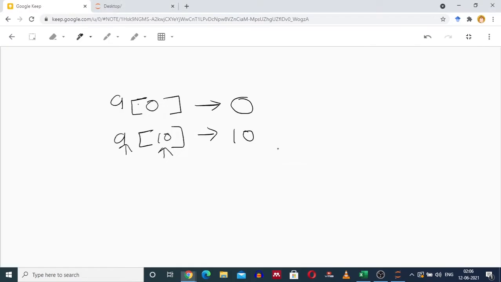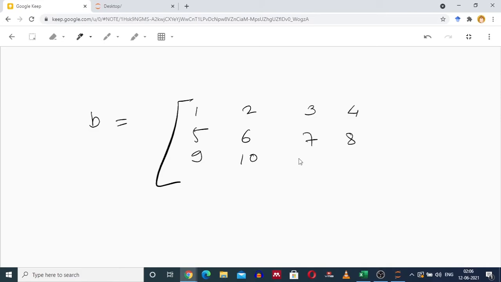If you want to retrieve an element from this numpy array B, let us understand the indexing first. B is a numpy array containing 4 rows and 4 columns. The first row contains elements 1, 2, 3, 4. The next row contains 5, 6, 7, 8. Next 9, 10, 11, 12, and 13, 14, 15, 16.